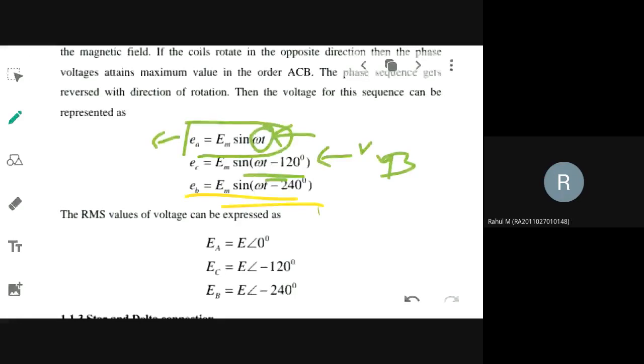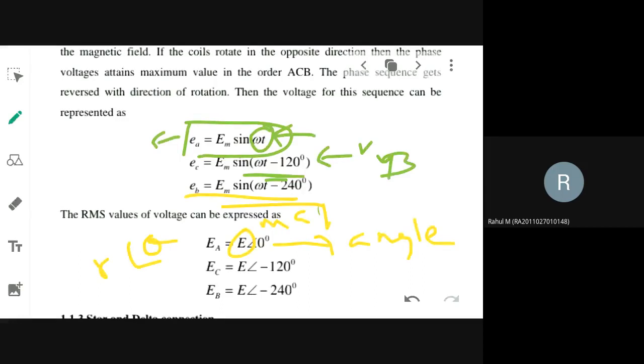It is displaced 120 again from the previous one. So minus 240 degree will be the phase difference. So all the phases are displaced from each other by how much angle now? Have you understood the 120 concept? 120 degree. That is why the sinusoidal quantities are having that phase difference. So this is your magnitude part, this is your angle part. This is your r theta representation. R represents your magnitude, theta represents your angle. So for the first phase it is E angle 0. For the second phase it is E angle minus 120 degree. Third phase it is E angle minus 240 degree. Okay, these are the mathematical representations for the three values of voltages that you have got.